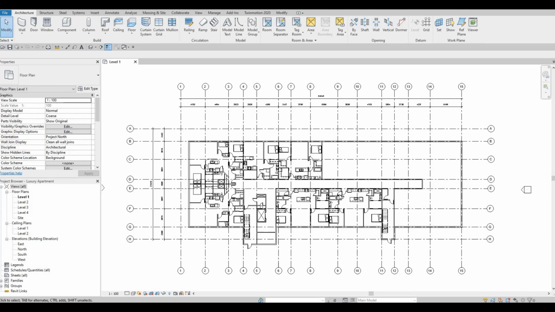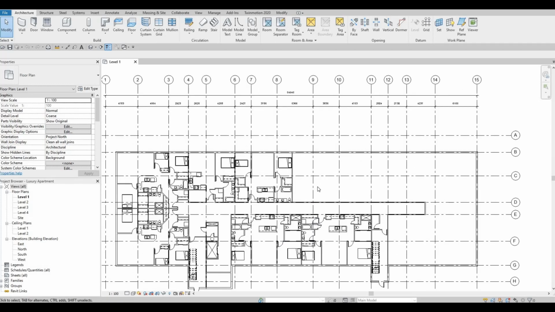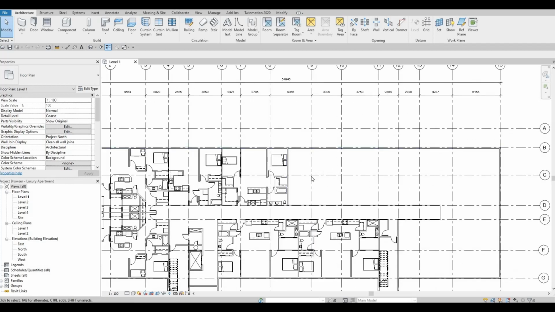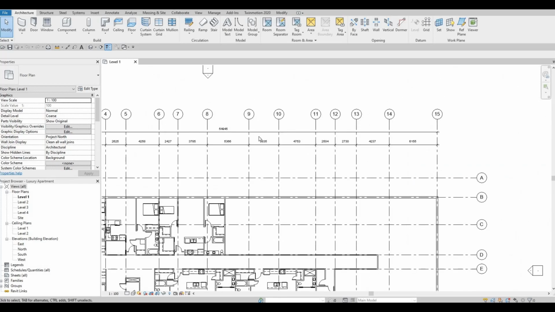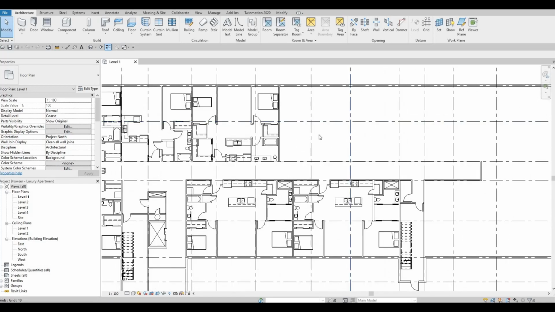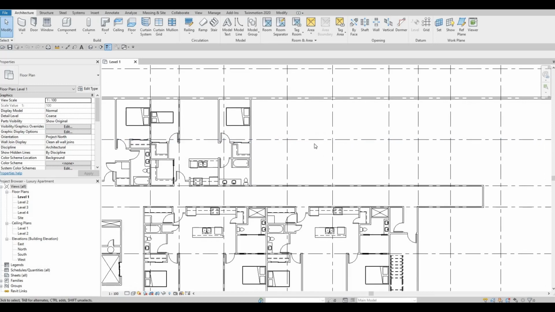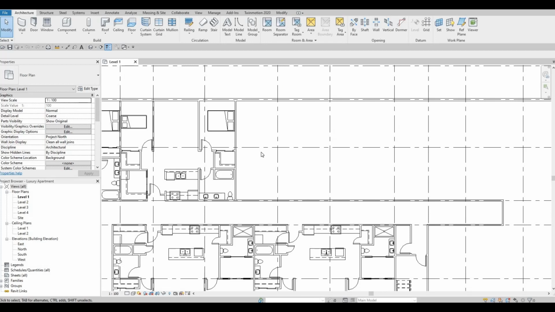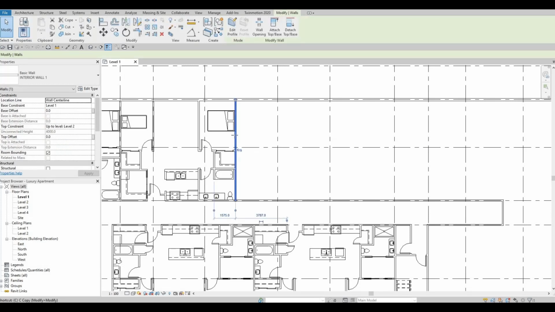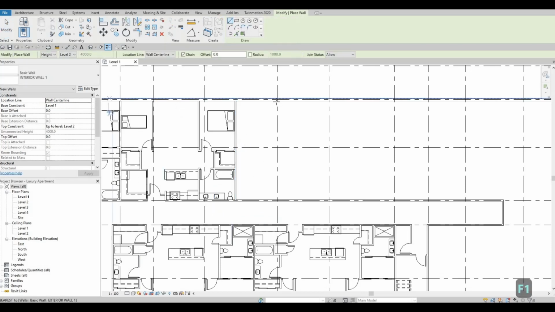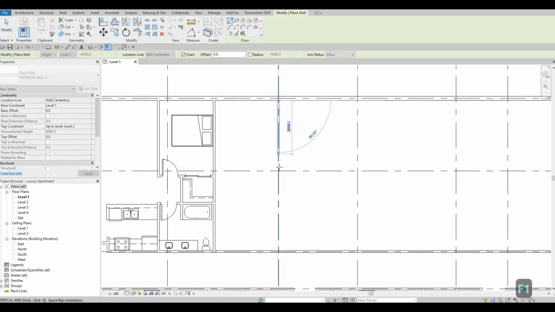So in this video, we're going to continue working on this and we're going to focus on this suite. So here, around 9 and 10 grid line, we're going to focus on this area and we're going to create a 2-bedroom apartment. So with that, click on the wall, type in CS, and just add a wall right here